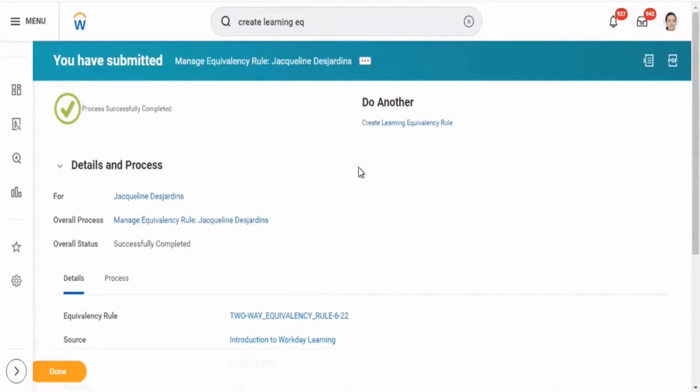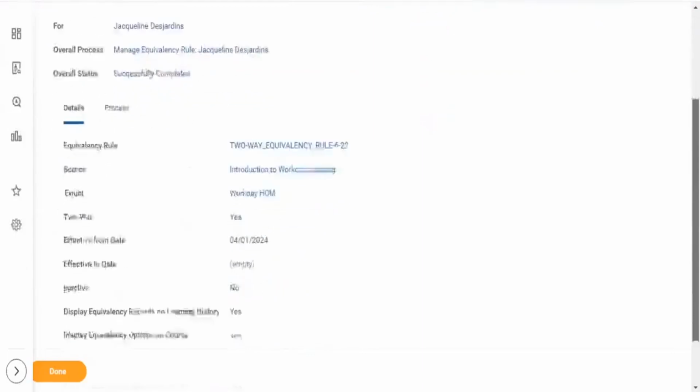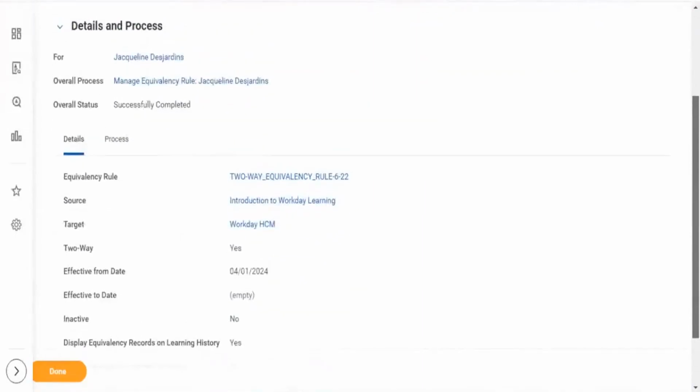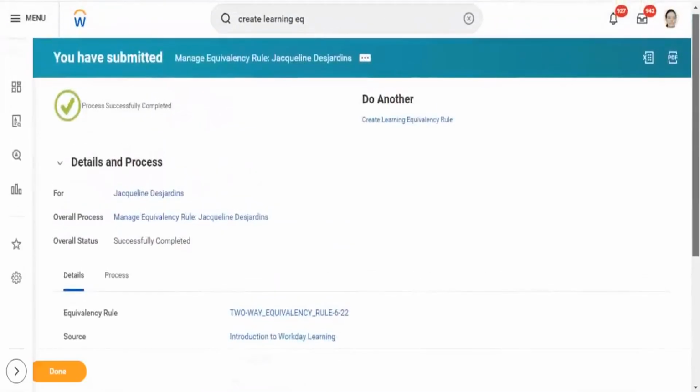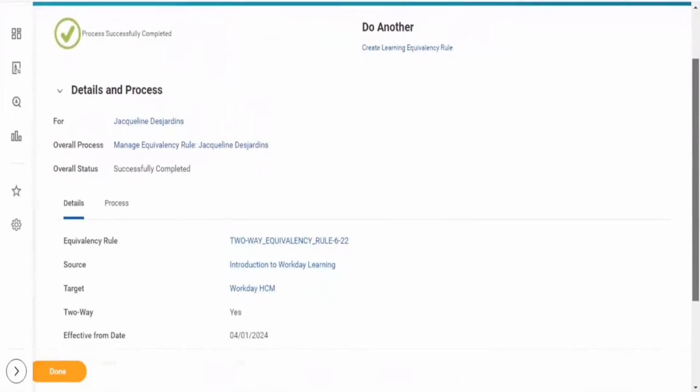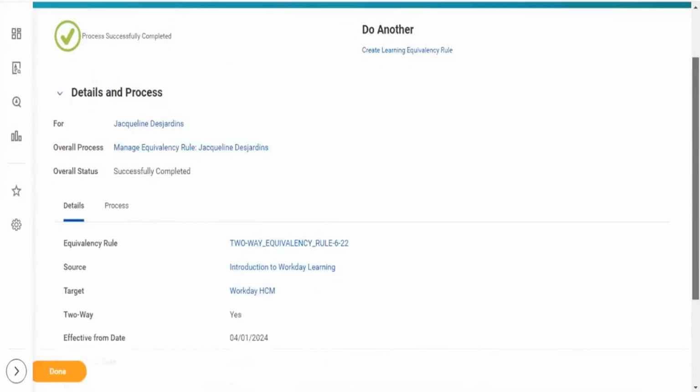As an admin, we created this rule, and we might think we have to assign it to users or learners. Now, an equivalency rule is unique at the tenant level, so it is assigned at tenant level.